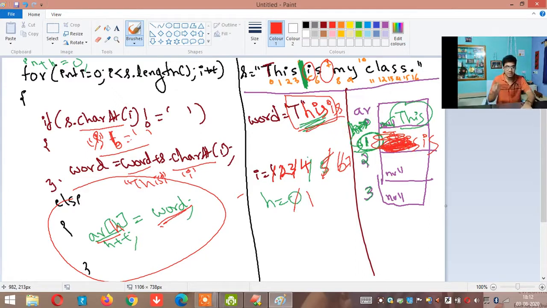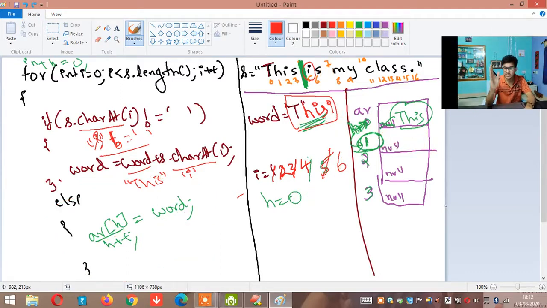That is why what you have to do is very simple. As soon as you add the word into arr of H, some updates have to be done. What is the first update? As soon as you add word to arr of H, H plus plus should happen. Not only that, your word has to be empty. You have to clear your word.